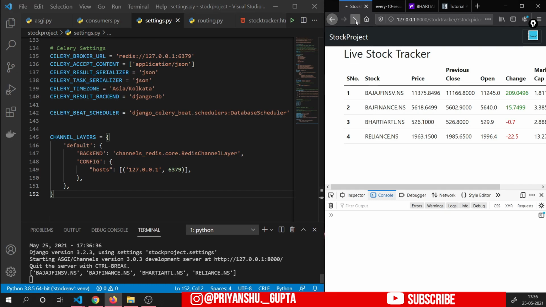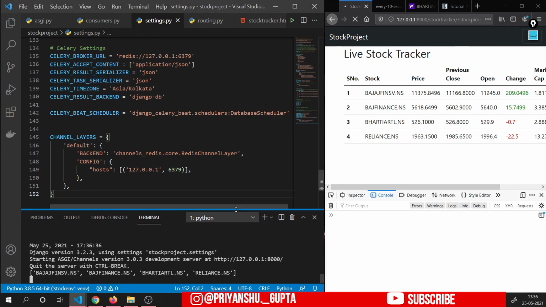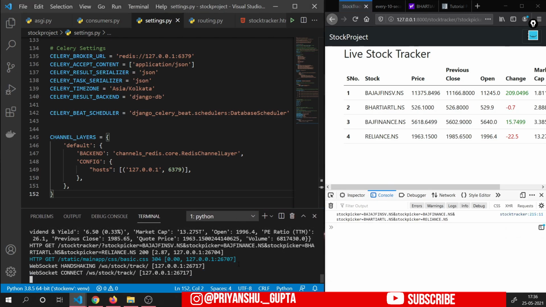And then if I refresh this page, you can see that WebSocket handshaking is there, and then WebSocket connect. So now a WebSocket connection has been established between user and server, and now that server can send data automatically to this. So now how this server will send the data to front end, that we have to configure.